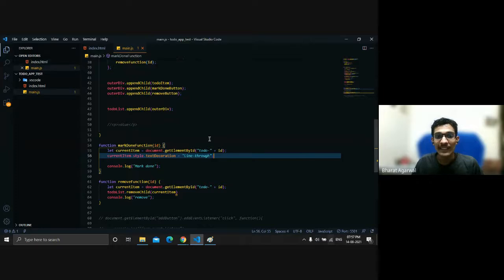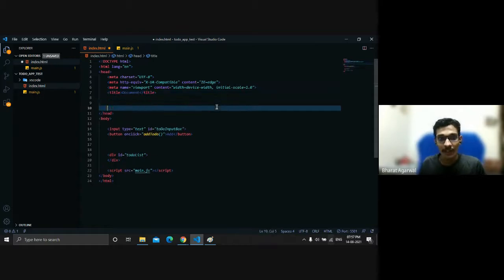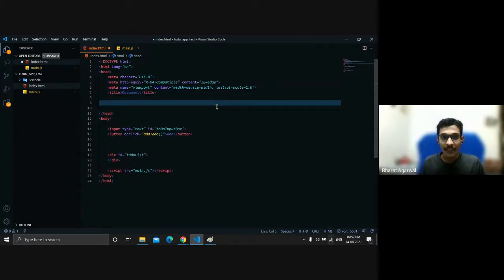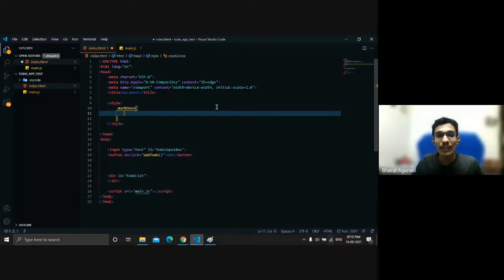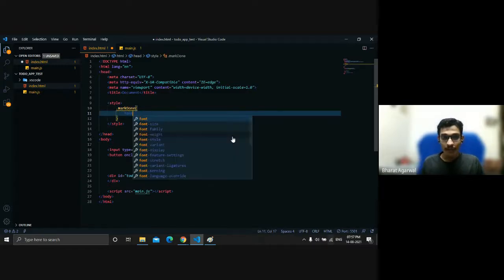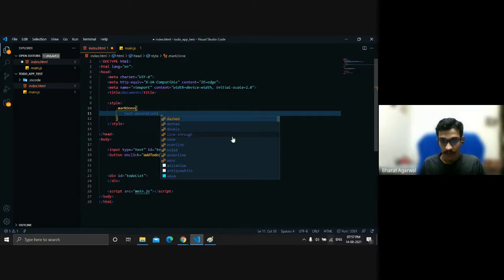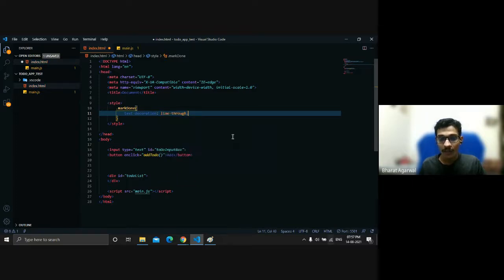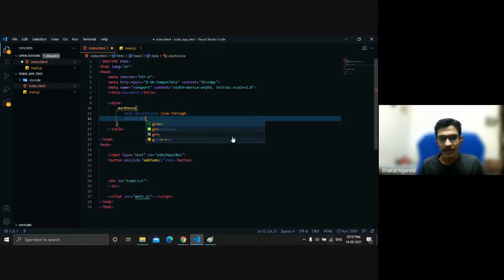We can also use classes. Let me show you that. I hope you are aware of classes and all that stuff. So let's create a class, dot markDone. The dot is used to define a class. I want text-decoration as line-through, and I want its color to be green.